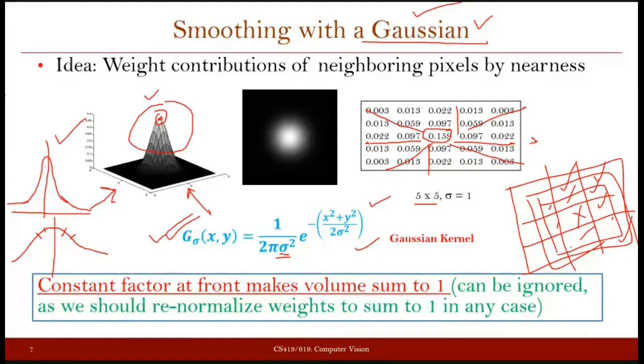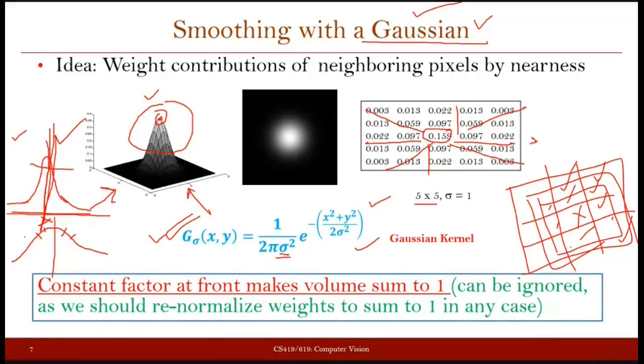What will be the limiting case? What will be the thinnest peak that you can have here? The thinnest peak will be just a 1 pixel wide peak, where at the central pixel you have the high value, and all the other values are 0. That is for a small sigma.